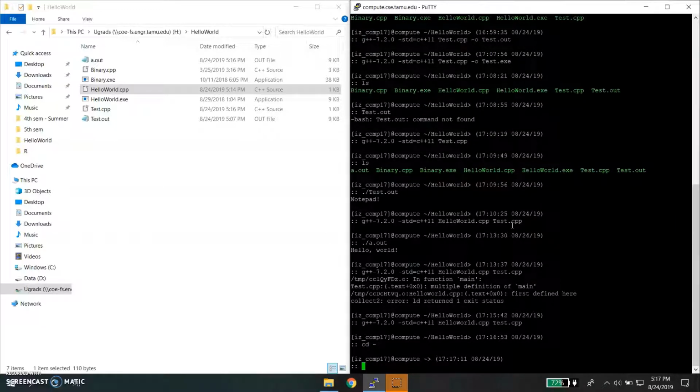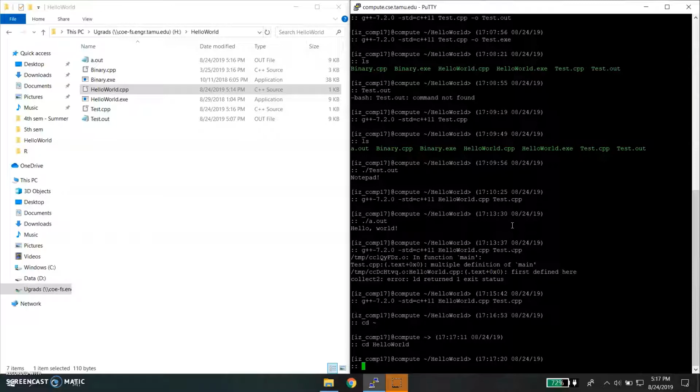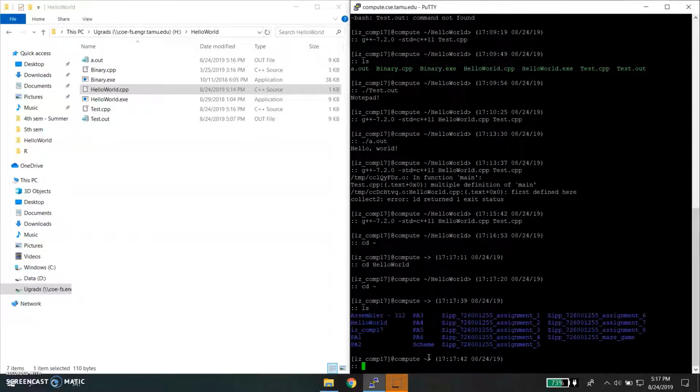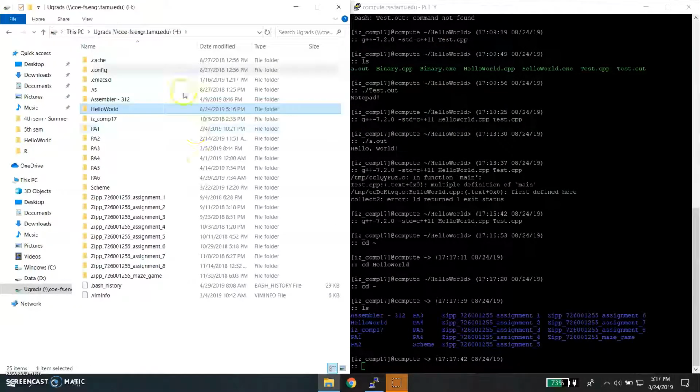Yeah, so hang on, let me get back. Okay, so if you want to get back to your home directory, you simply tap in cd space, hold down Shift and tilde, which should be right below your escape key on your keyboard. Hit enter, and you'll be sent back to your base directory. You can tell because those are all the folders that I have within my base